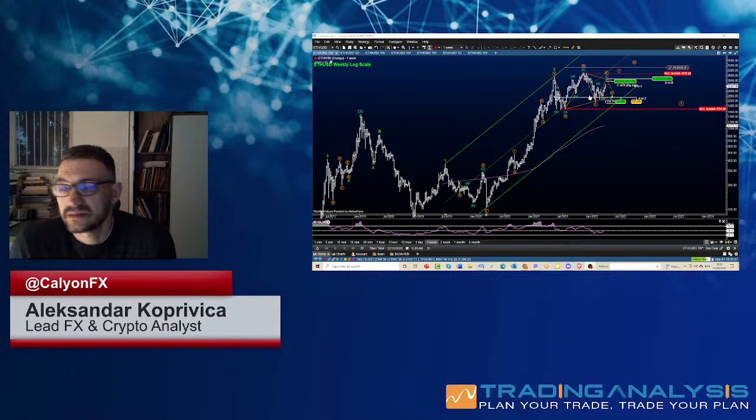I'd like to filter that out with a little help of a macro and small details in these patterns. So I will most likely give you 1 or 2 options which I think are more probable, with the clear levels of invalidation when we are going to need to change our outlook. So for now, I'm still going to look at this as a triangle, a little bit more on the upside, preferably. I would like, as I said, Ether to see 3 or 4,000, 3,700, 4,000, a pullback and then a confirmation.